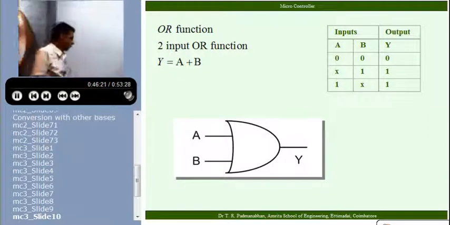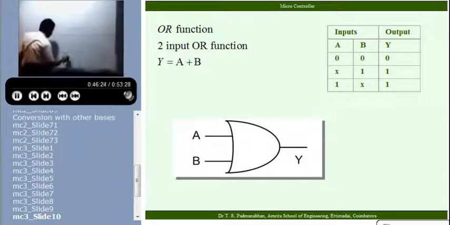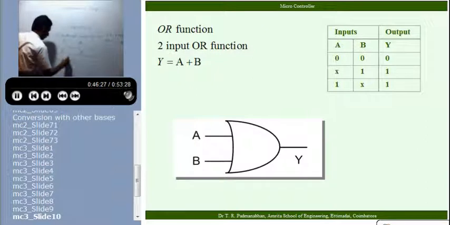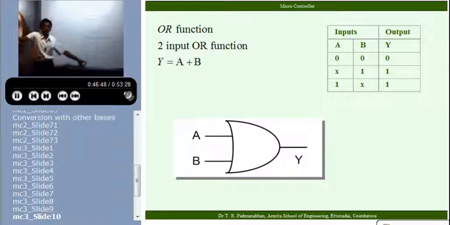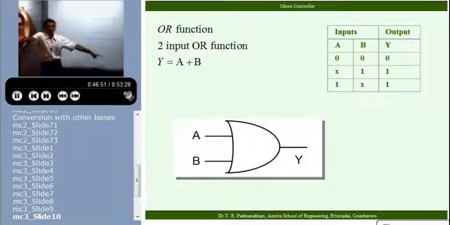If I take the equivalent case for the OR function, there are 2 tubes. There's a valve here, there's a valve here: A, B. There's a common supply source. That's the output side. Only if both the valves are closed, I won't get a flow. Electrical circuit: only if both switches are open, I won't get a supply here. Here, I will get a supply only if both are closed. That's an AND operation. This is an OR operation. Is that all right?